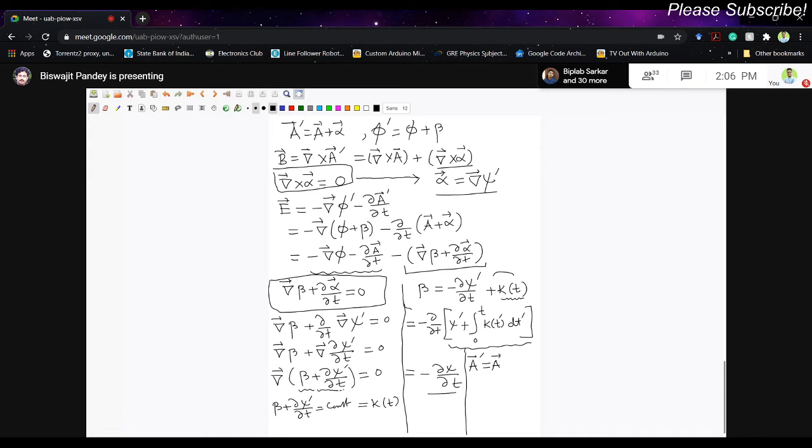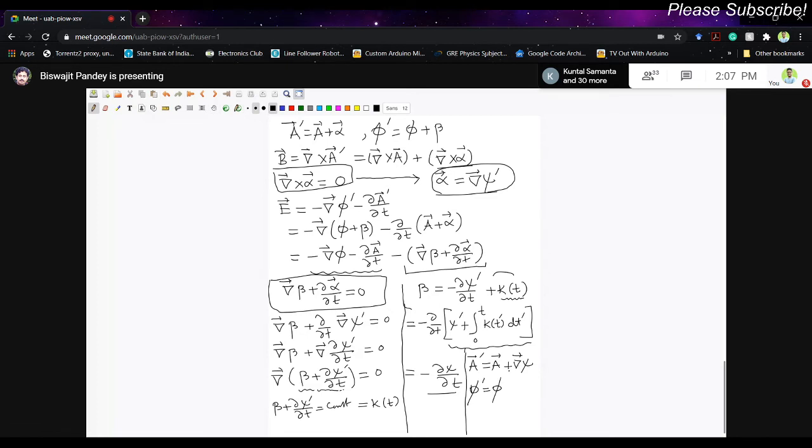So what we did, we have seen what to add to A: A plus grad psi. I am writing grad psi just because grad psi and grad psi prime are the same. And similarly, the magnetic scalar potential phi, if you want to get that phi prime from phi, the only thing that is important is psi. This psi is called the gauge potential.